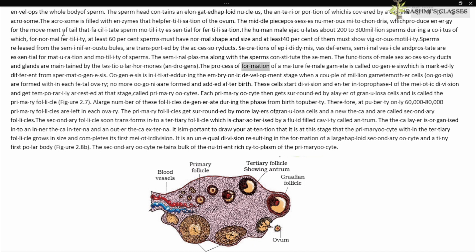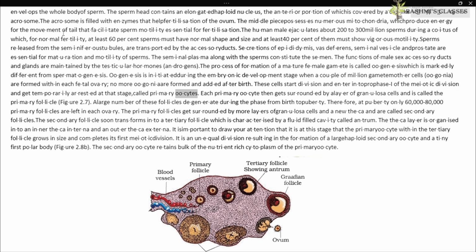The process of formation of a mature female gamete is called oogenesis, which is markedly different from spermatogenesis. Oogenesis is initiated during the embryonic development stage when a couple of million gamete mother cells, oogonia, are formed within each fetal ovary. No more oogonia are formed and added after birth. These cells start division and enter into prophase I of the meiotic division and get temporarily arrested at that stage,